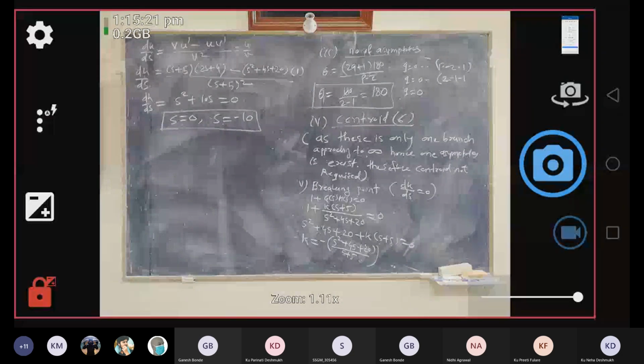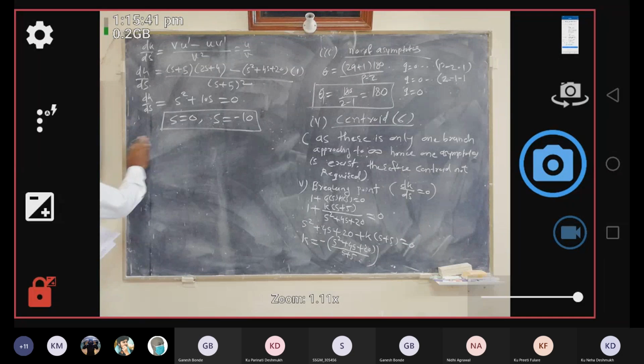So s is equal to minus 10 is the valid breaking point. Okay, so that we will see while sketching the root locus. I can explain it. Okay, so this is our step. Then next step, step 6,